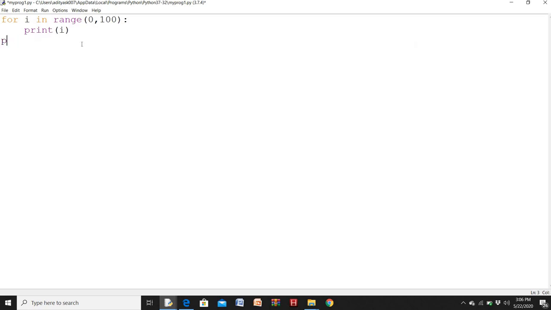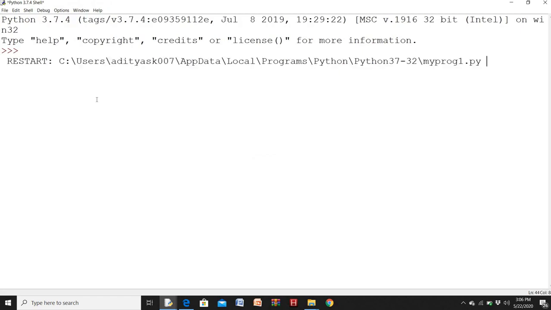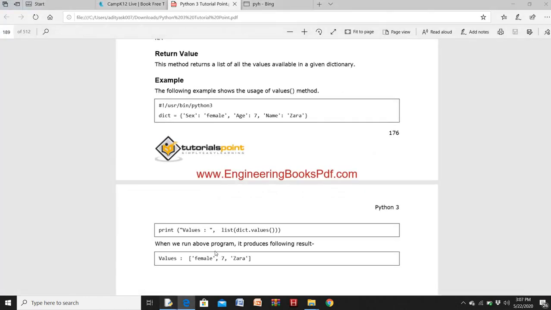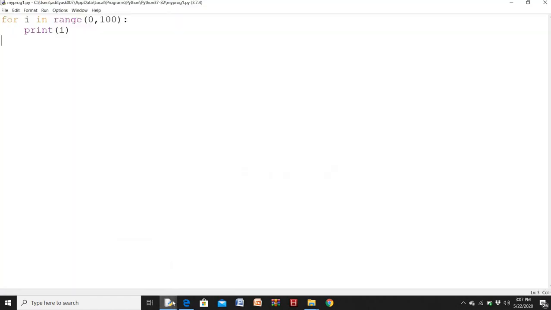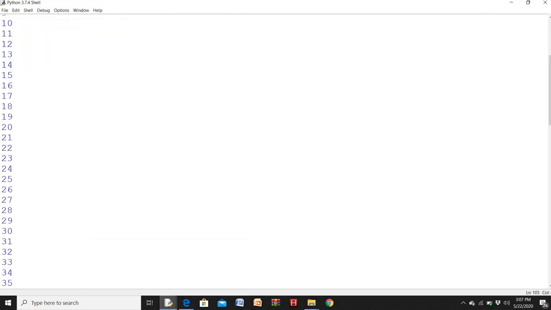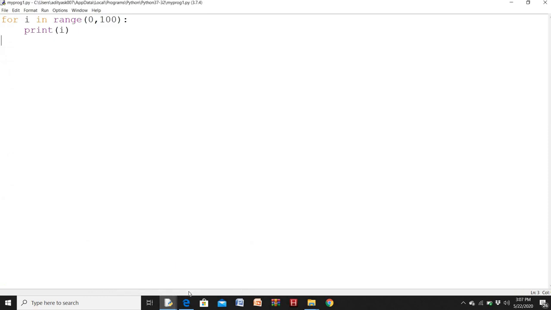So to print it, it is the same. I will print the I values. It should print me 0 to 99. Yes, it is printing numbers from 0 to 99 but not till 100. Why is that? I've already told you. While printing or executing any numbers, one thing to understand is Python always will take in the form of,